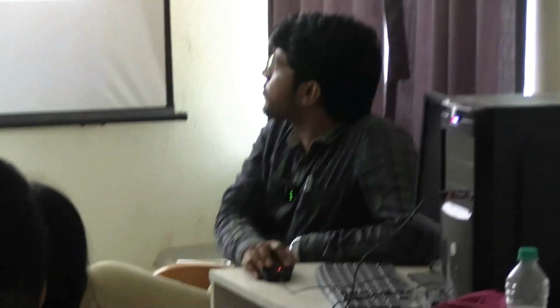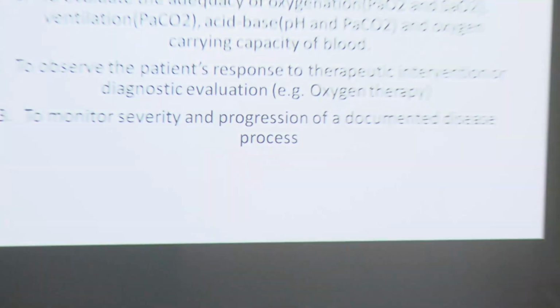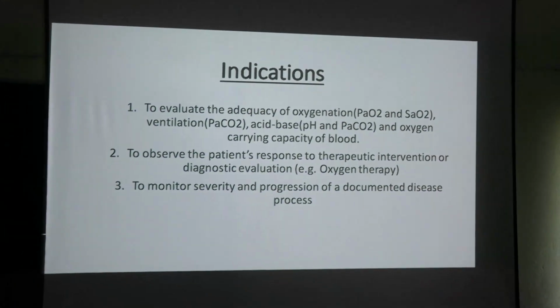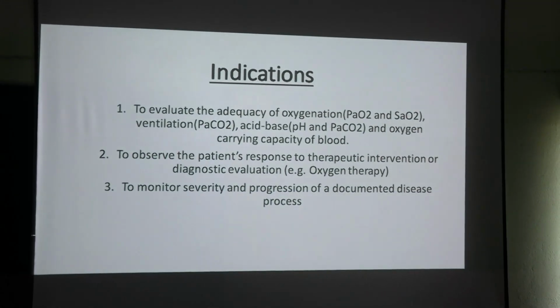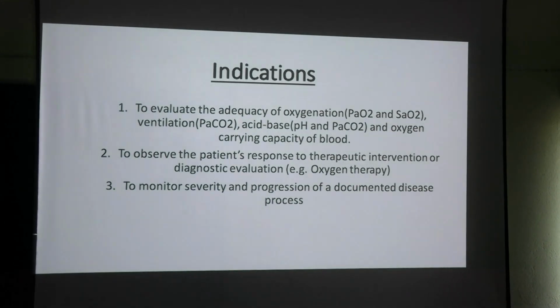It is done to evaluate the partial pressure of gases in blood and acid-base content, that is pH, PaCO2, PO2, and bicarbonate. What are the indications? We normally do ABG to get the oxygenation status of the patient, whether the ventilation is adequate or not, acid-base